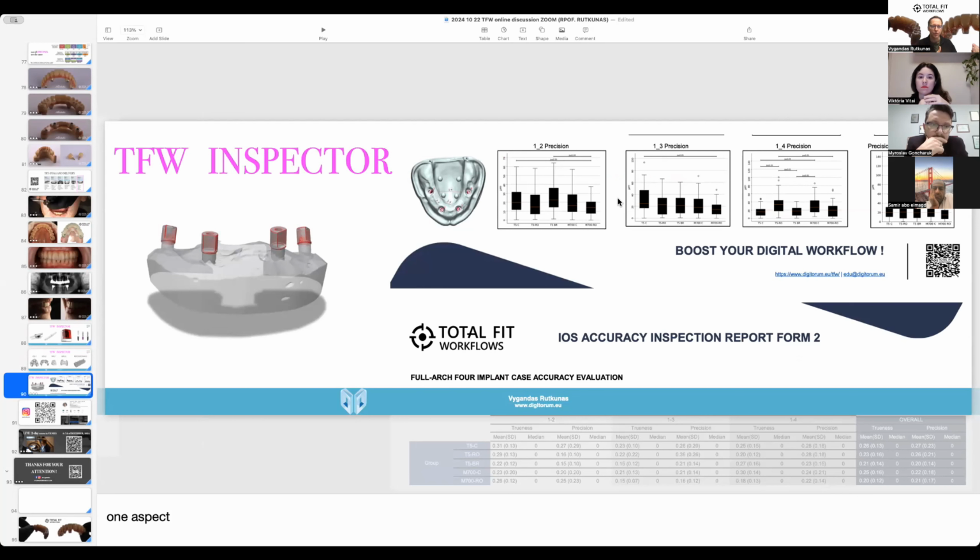So maybe we have to change something in our workflow. These kinds of tools that verify our workflow in a very fast, effective way will provide us the much-needed feedback that will increase our reliability and the quality of our treatment.